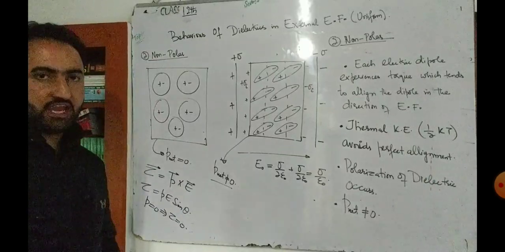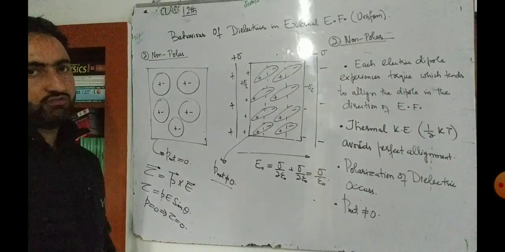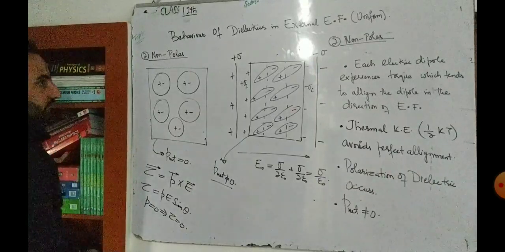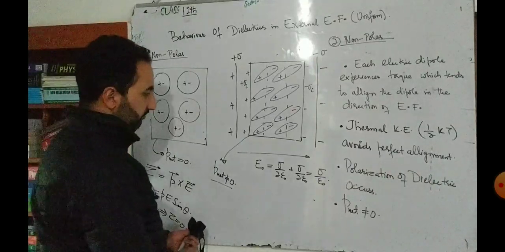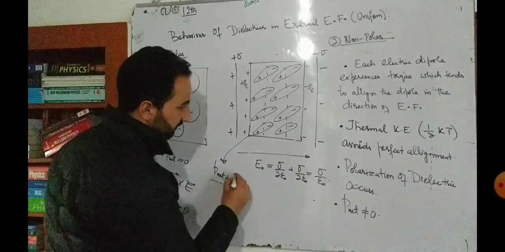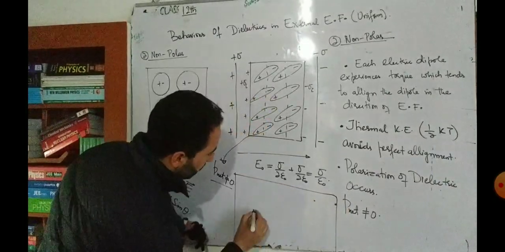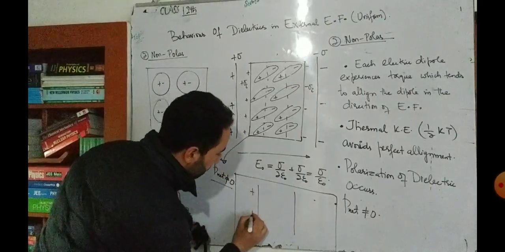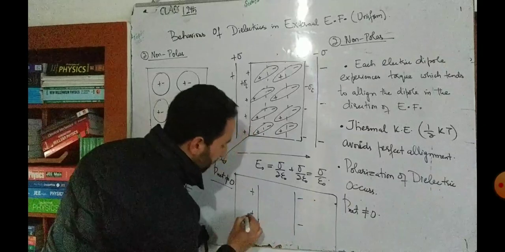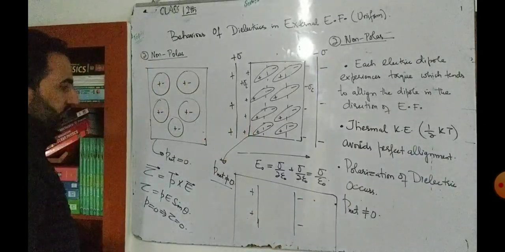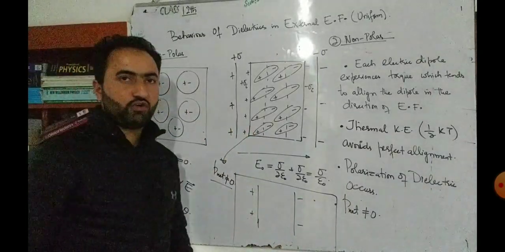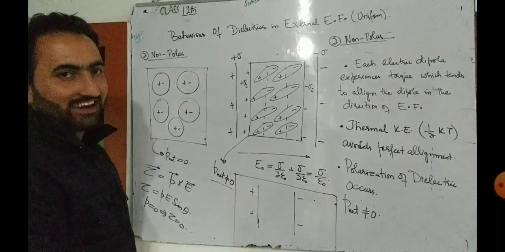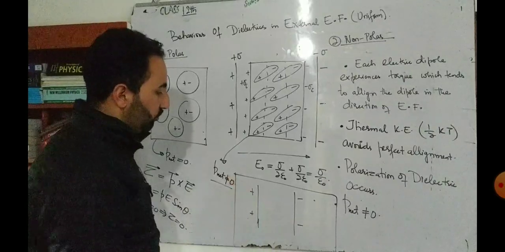But what happens is that's called a stretching of molecules. Stretching of molecules implies this. I'll explain it here. For example, this is a region of electric field. So this is the positive plate and this is the negative plate. Now suppose that there is a non-polar molecule placed in a region of uniform electric field. Obviously, positively charged particles will be accelerated towards the negative, and negative will be pulled towards positive.